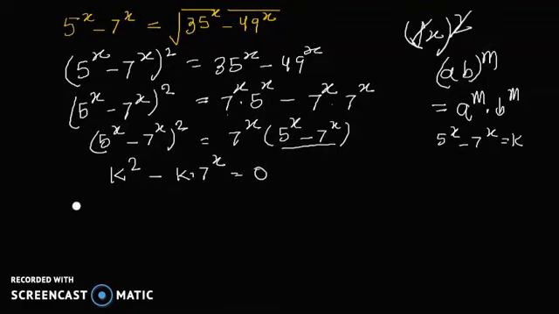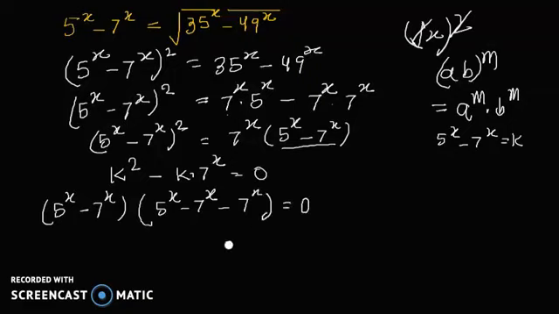And taking k common, we can write k is 5 raised to power x minus 7 raised to power x, and that is taken as common, so we are left with 5 raised to power x minus 7 raised to power x minus 7 raised to power x